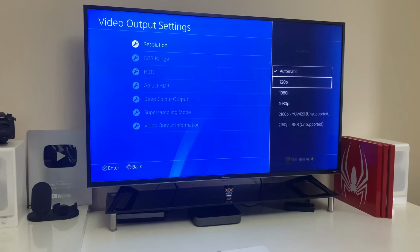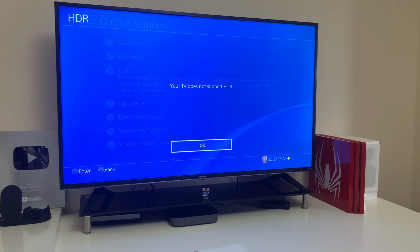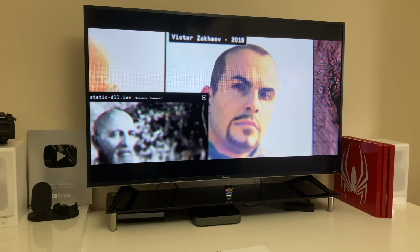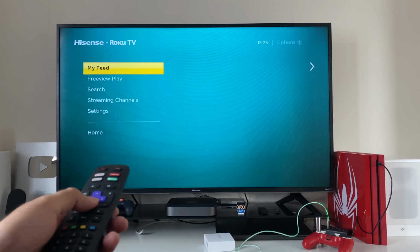Some of you may not be getting 4K 60 Hz resolution on your PlayStation 4 Pro, and also HDR is disabled. So my PlayStation Pro was giving me 1080p resolution with no option for HDR. Now there is a not so obvious step that you need to do in order to enable the 4K 60